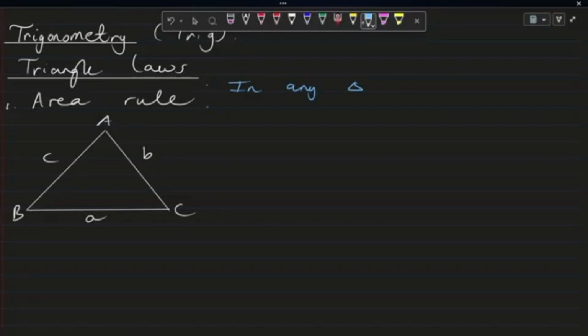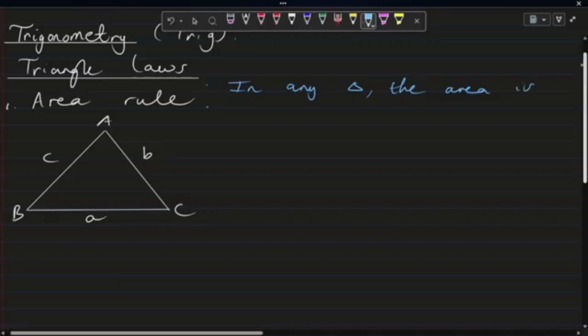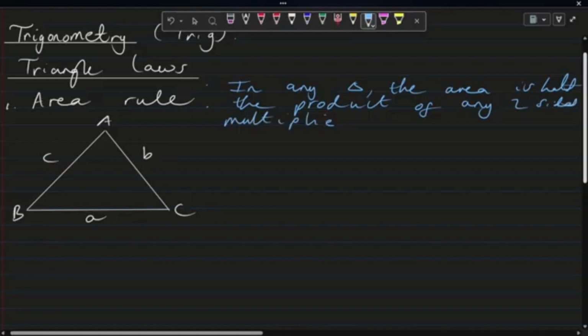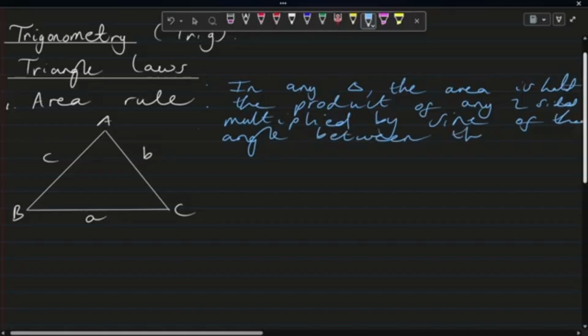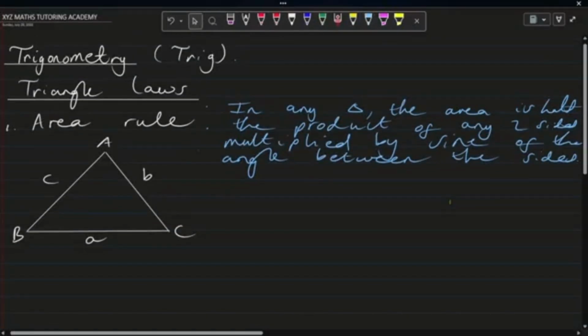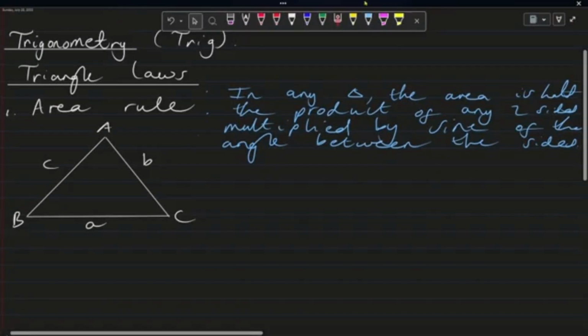States this theorem in words. The theorem states that in any triangle, the area is half the product of any two sides multiplied by the sine of the angle between those two sides. Angle between the two sides. Okay, so